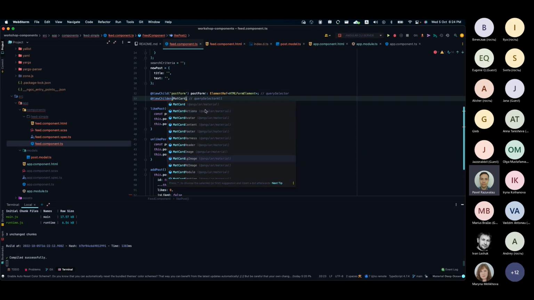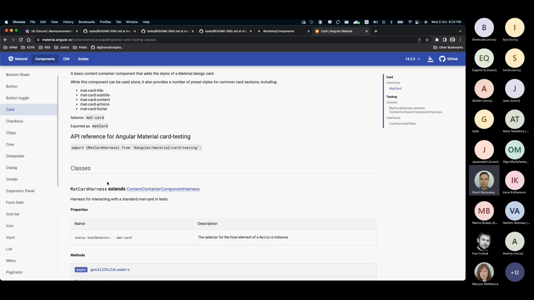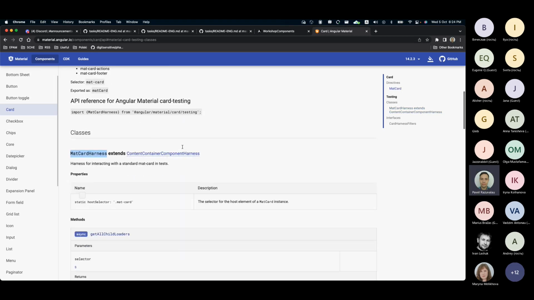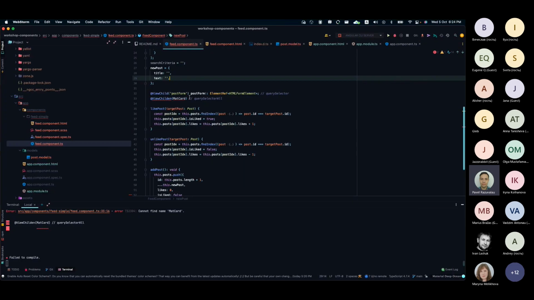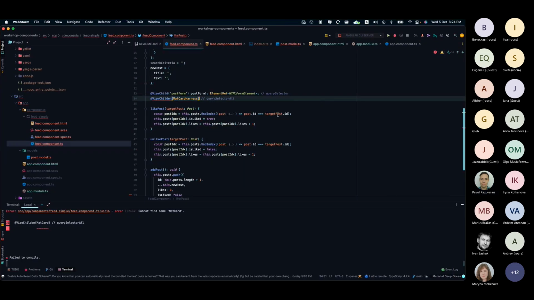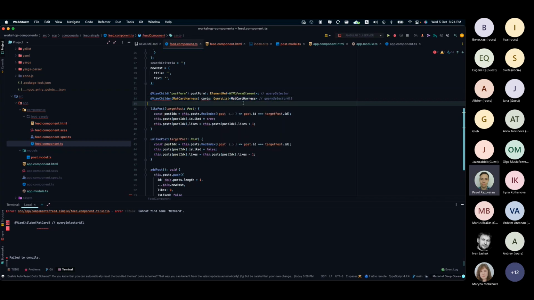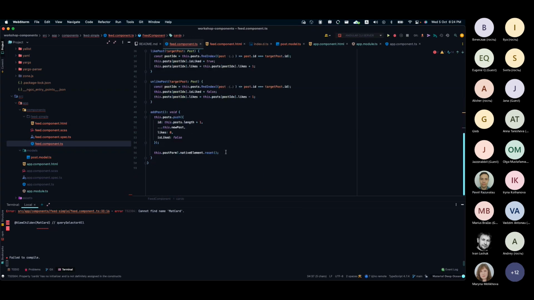Mat card. So if I'm not mistaken, let's take a look at the documentation. So this is our class actually, MatCardHarness. And it has the type of a very least of MatCardHarness. If we iterate over down,